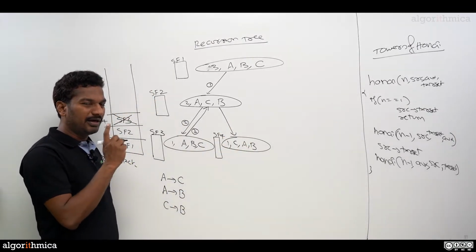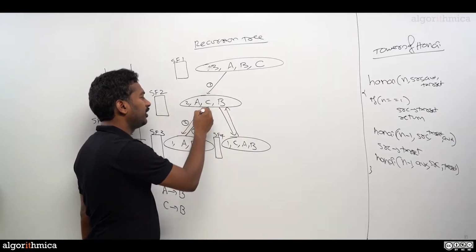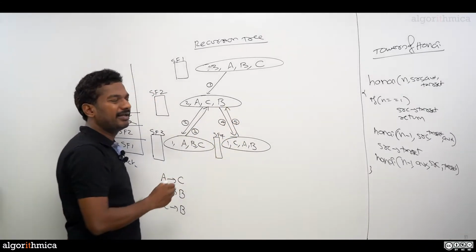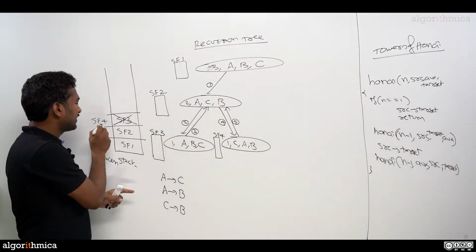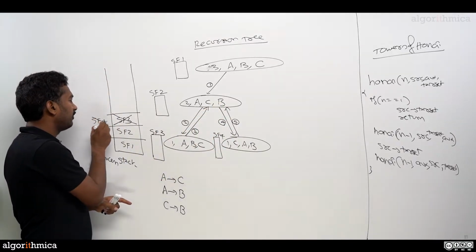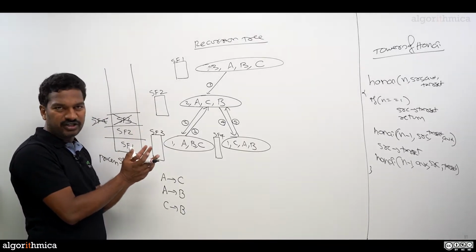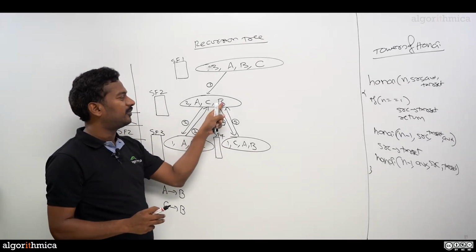After C to B, then we have the return statement. We are going back here. The order-wise 1, 2, 3, return as 4 and we return as 5. We are back here. Once we are back, so that means we are at this statement, means the stack frame 4 will be removed. That's what you mean by return. Return means the current activation has finished up. So all these details are no longer required here.